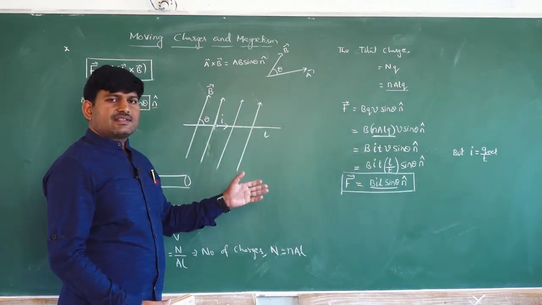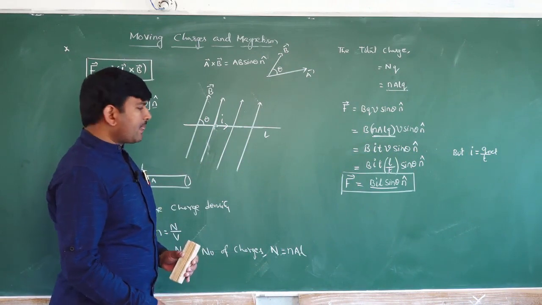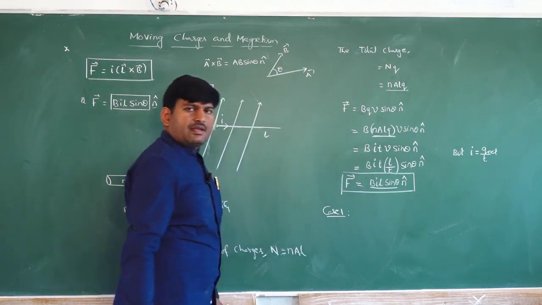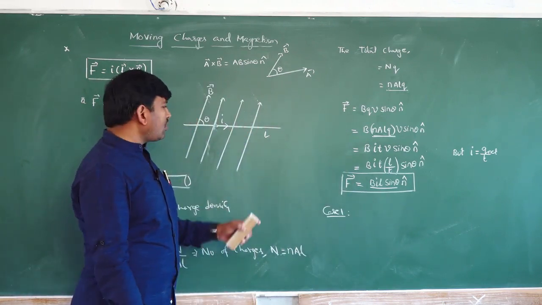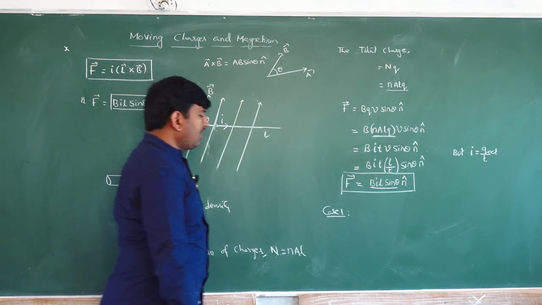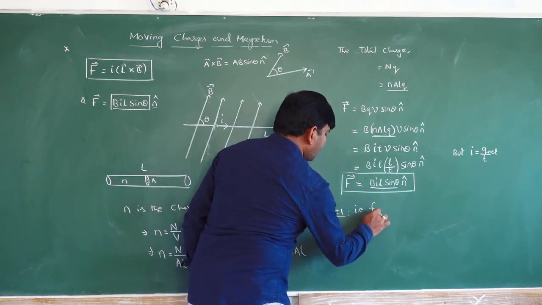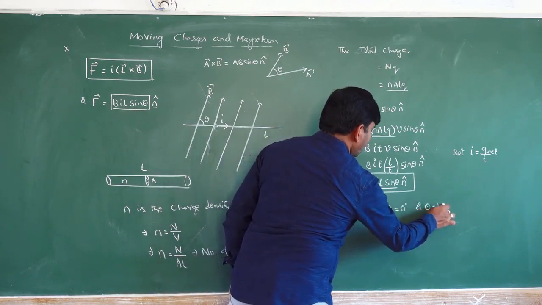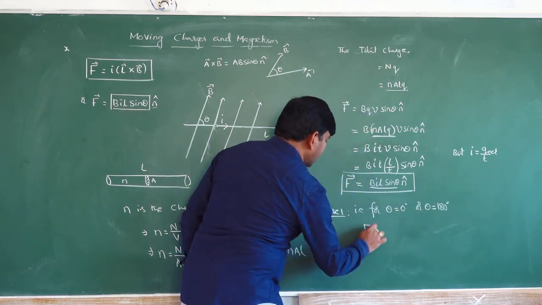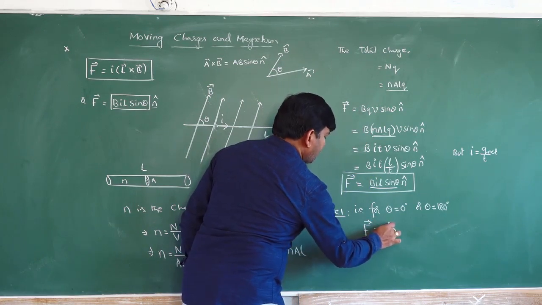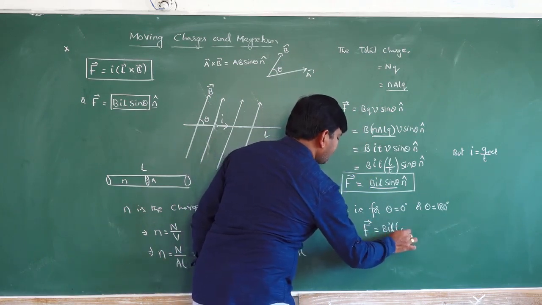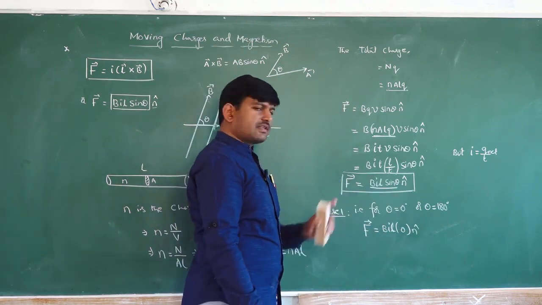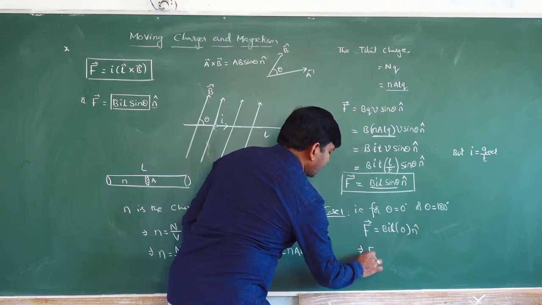Just like the previous case, here also we will have special cases when the conductor is placed in the direction of the magnetic field or anti-parallel to the direction of the magnetic field. That is, for theta equal to 0 degrees or theta equal to 180 degrees, the magnetic force acting on the conductor is equal to BIL into 0 into n cap, because sin 0 is 0 and sin 180 is also 0. Therefore, the magnetic force acting on the conductor is 0,